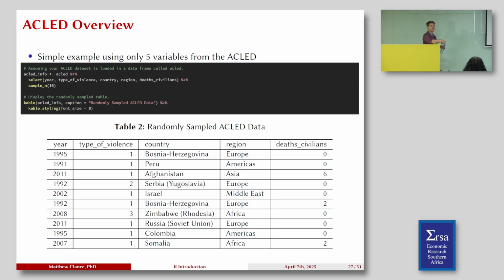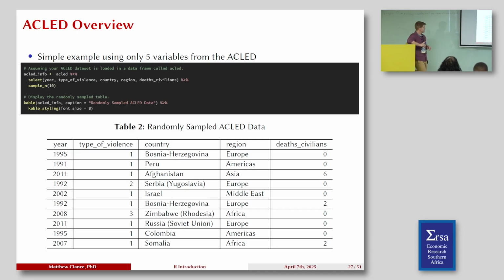But we're trying to put it all in one confined space. Okay? The next one is sort of the beginning idea of creating tables. It's called kable. And again, like I said, there's a bunch of different table functions out there that help us create something that's nice and neat.